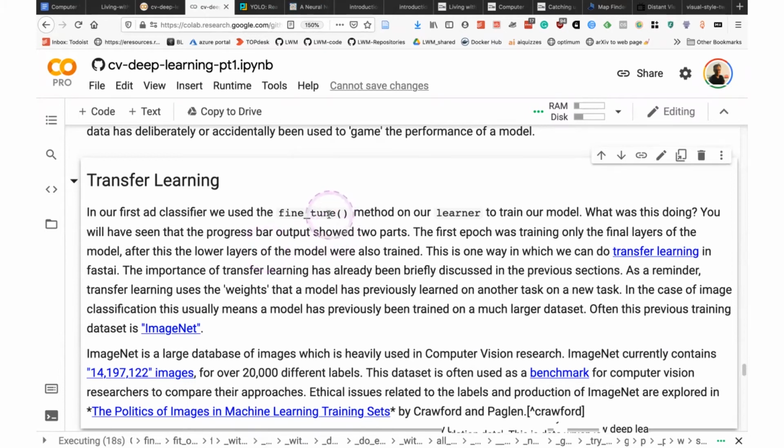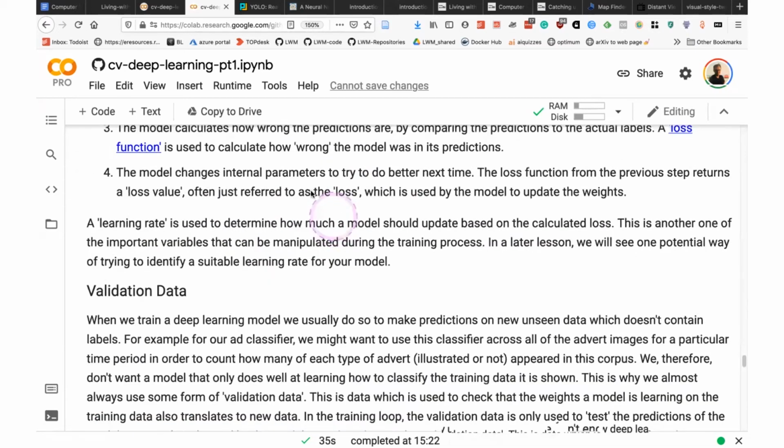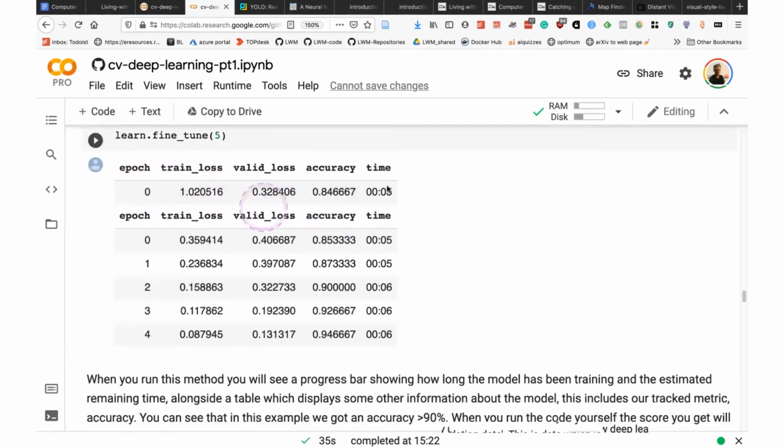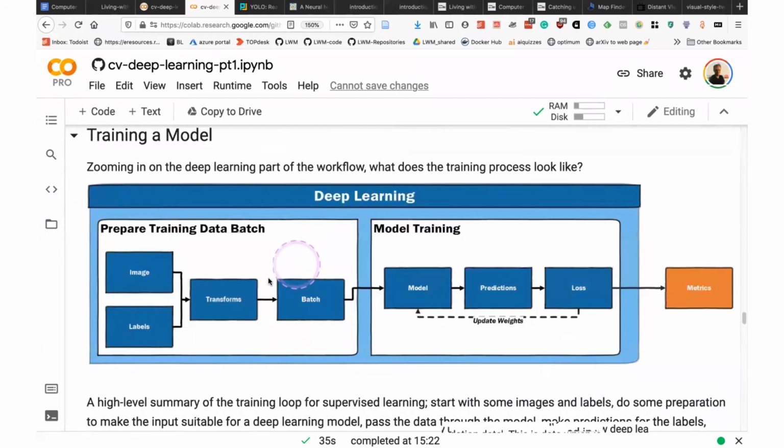And I think I mentioned when we did this fine-tune thing, you saw that there was this downloading something thing that cropped up. And I said I'd come back to that. So basically what that was doing is downloading a model that was already trained to do another task. And then the other thing that I said I'd get back to was that there were two parts to this training process. So we had a first go, and then we had a second go. And essentially what was going on there is